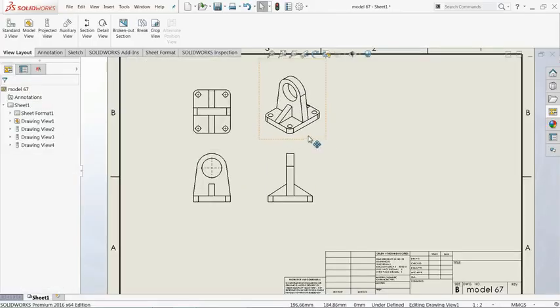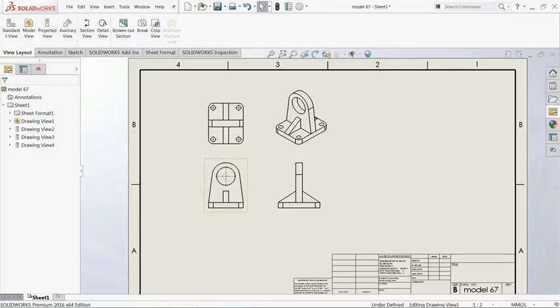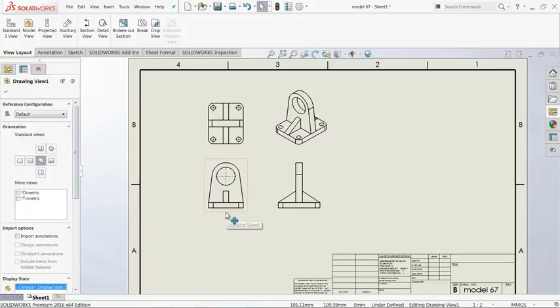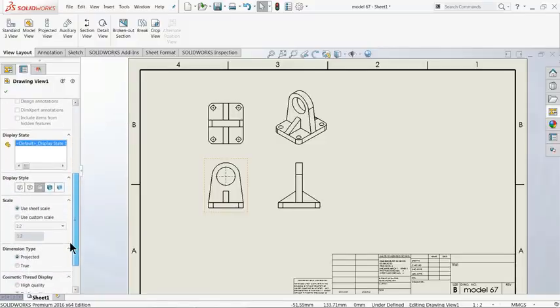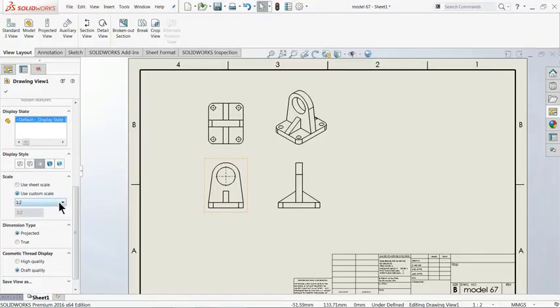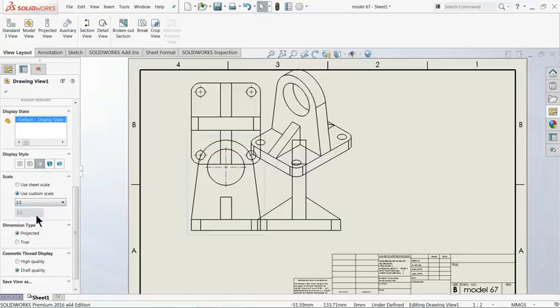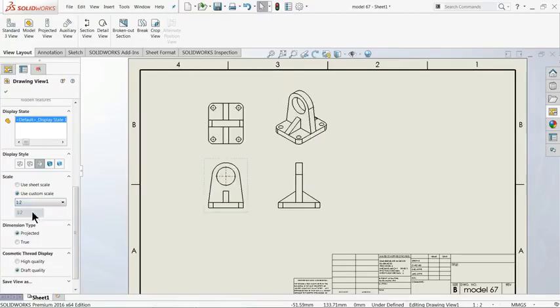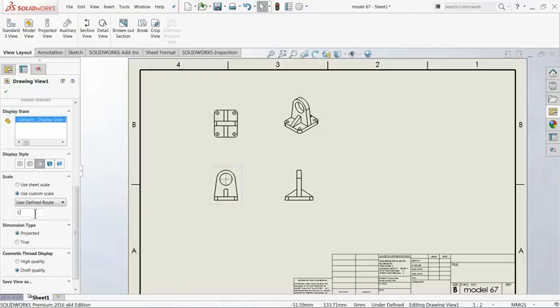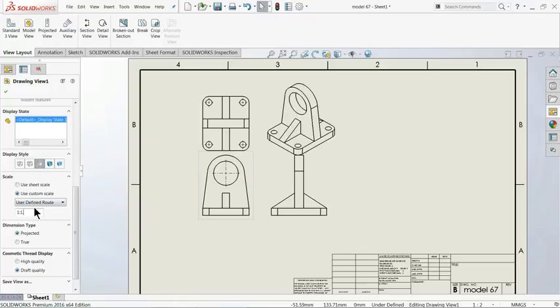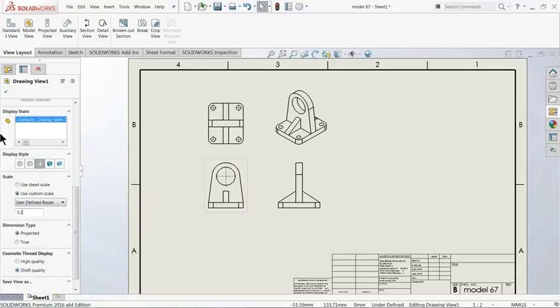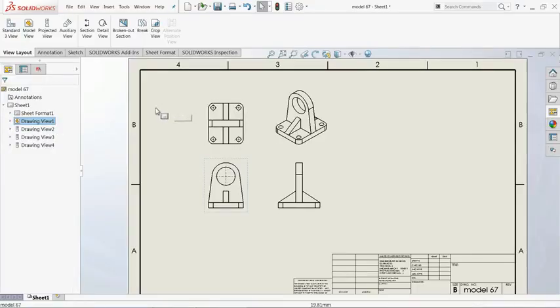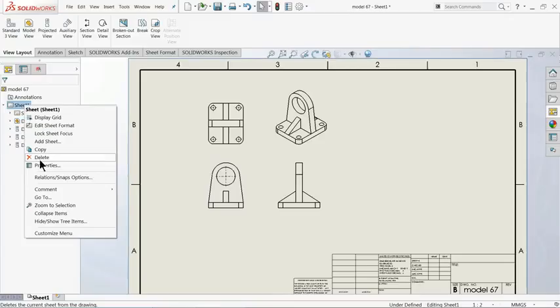here, click OK. Now if you would like to increase the scale of this first view, there is a custom scale. You can change the scale from here, or choose user defined. At 3 it's going too small, 1.5 is fine, but 2 is fine. Okay. Now if you would like to change the sheet, right click on the sheet and go to